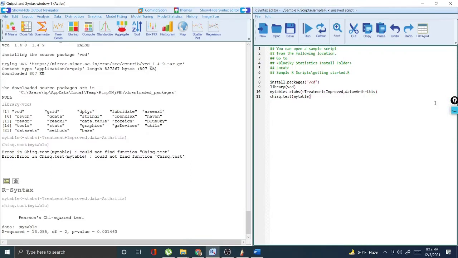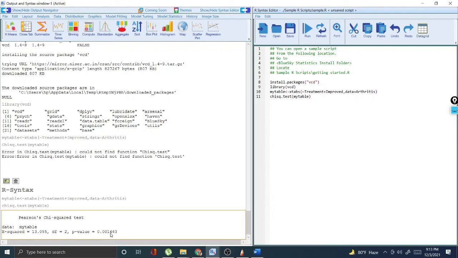Another very important thing that we can do in Blue Sky Statistics is to type the whole thing into Blue Sky Statistics. As you can see here, I installed the package VCD, library VCD, like in RStudio. You do not need to open RStudio separately. And now I use the xtabs function with treatment plus improvement, which I already showed you using the drag and drop option, and the chi-square test result. In this case, I would like to see the Pearson chi-square test value, where it says 0.0014. In this case, I did not set any proportion like 50-50% or 80-20%, since it is not gender based, so I did not use anything here. I just use it simply without any proportion.